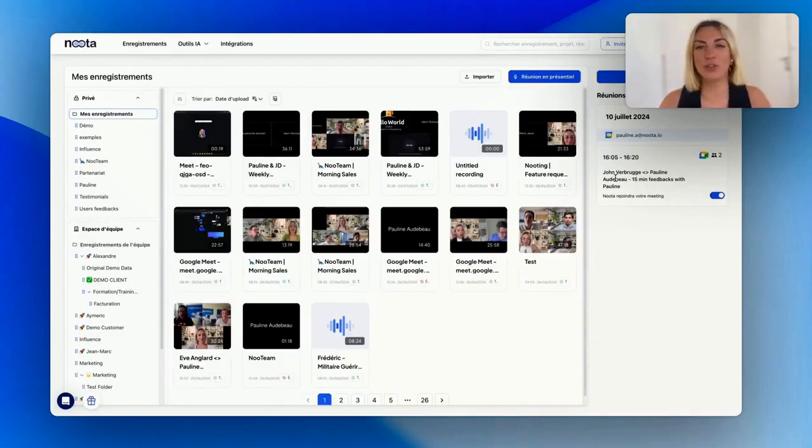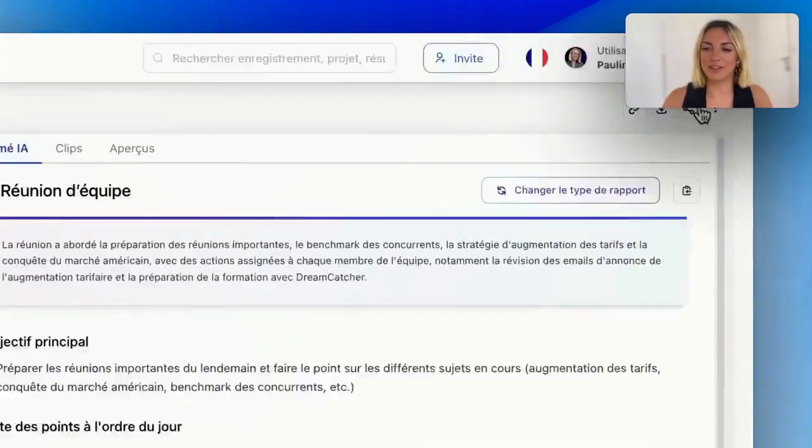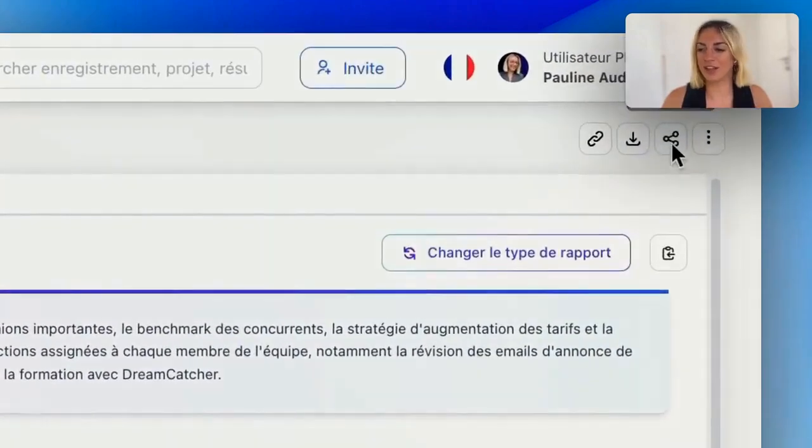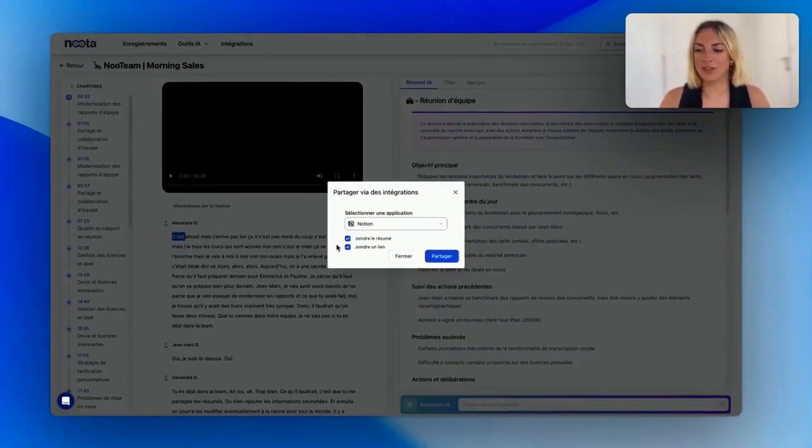But you also have the option to easily send your notes once your meeting is completed and from the meeting recap. To do this, it's very simple. You just need to click right here on the Share button and then select Notion. I select my Notion, agree to attach the summary and the link, and then my notes will be sent there